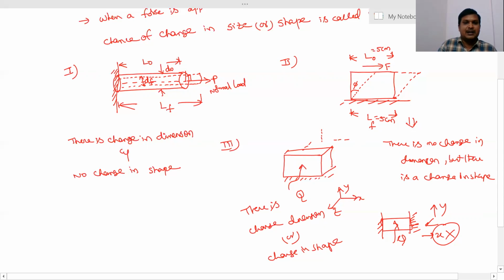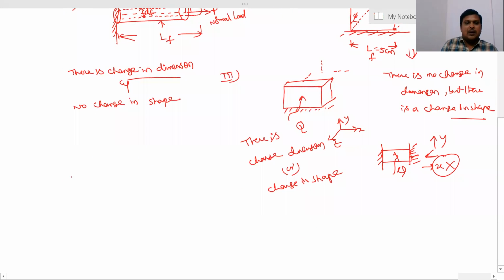So what do you observe here? There will be a change in dimension here. There will be a change in shape here. There will be a change in dimension as well as shape. So our conclusion is that the change in shape or change in dimension, we simply call as a